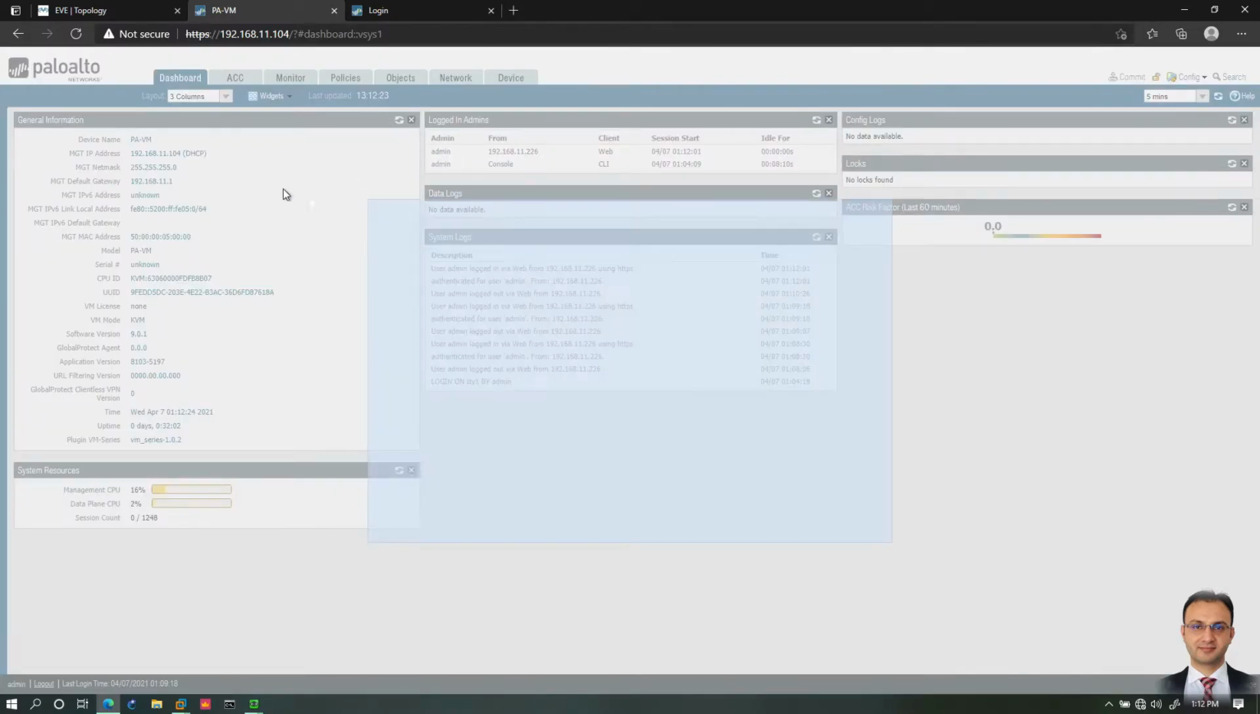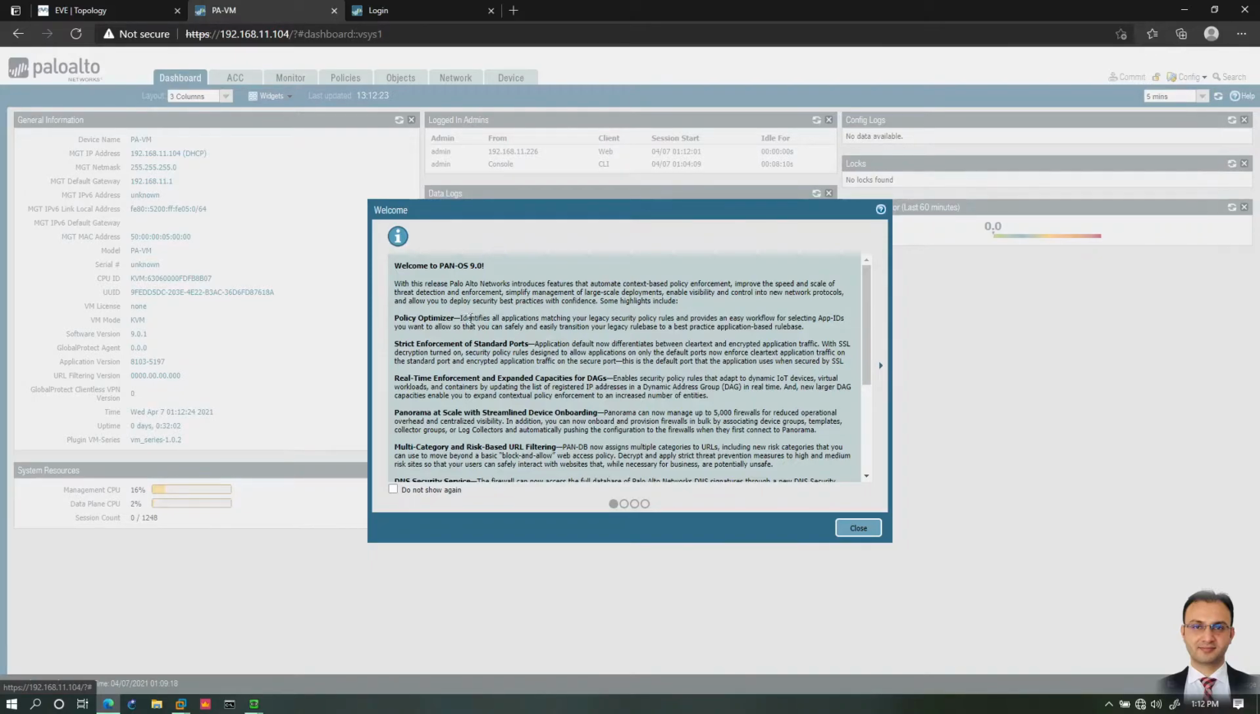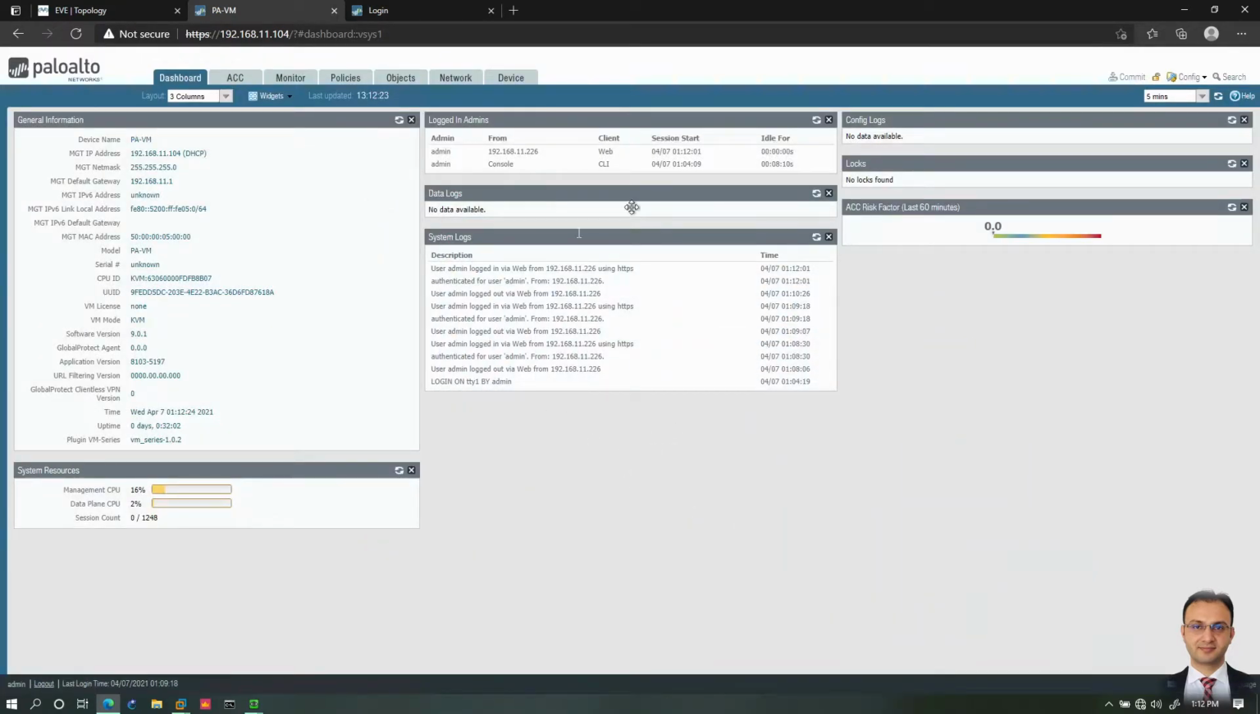And it will take you to the dashboard by default. So it's giving me a welcome message that you're using PAN-OS version 9, and I'll close this. Don't worry about anything here. We will go through them all: the